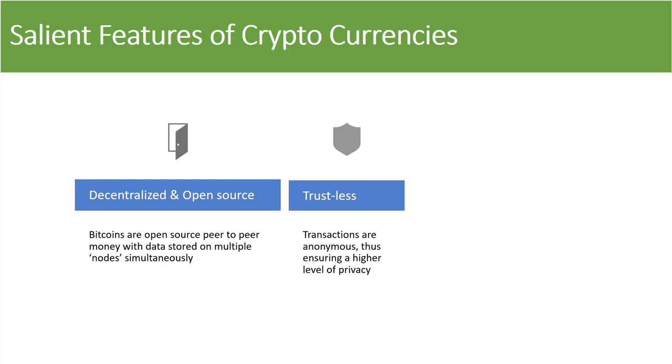Now, the fact that it's trustless: because the technology and the security level is so high, and the different features make it virtually impossible to hack. Why I say virtually is because technically you can hack it. We will look into this in the cryptography method, the hash cryptography video. But the cost of hacking the system is so high that it will erase any monetary benefit you can achieve by hacking the network, which essentially makes it economically unviable to do. So because the system is so secure, you don't need to trust another person in the system.